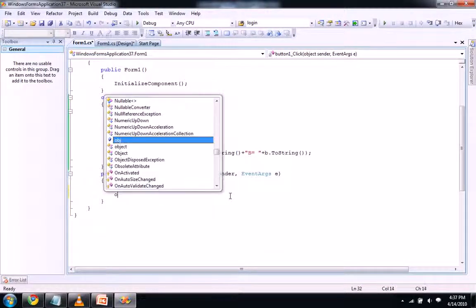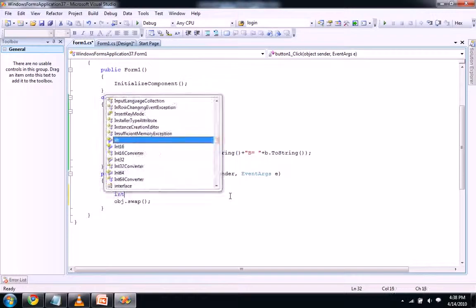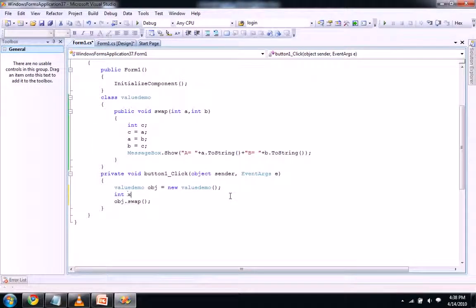Using that object I want to call the swap method. For this swap method we need two arguments, so let's take int x equal to 10 comma y equal to 20.